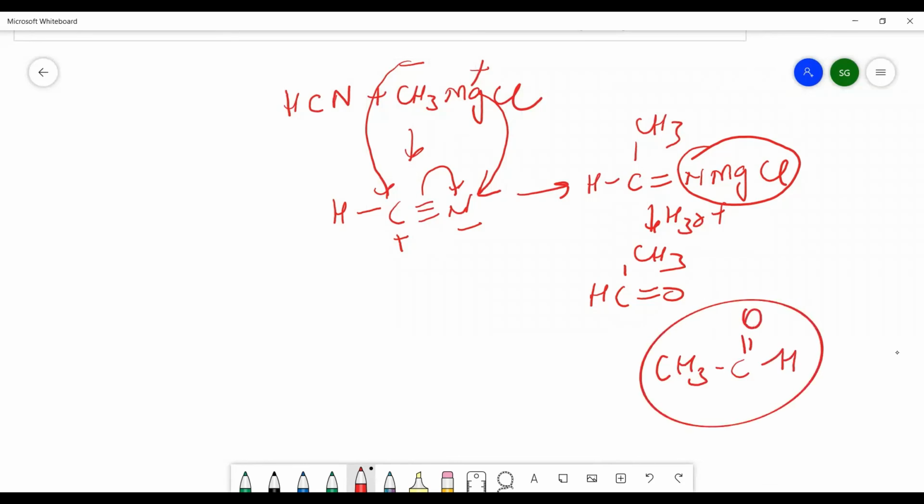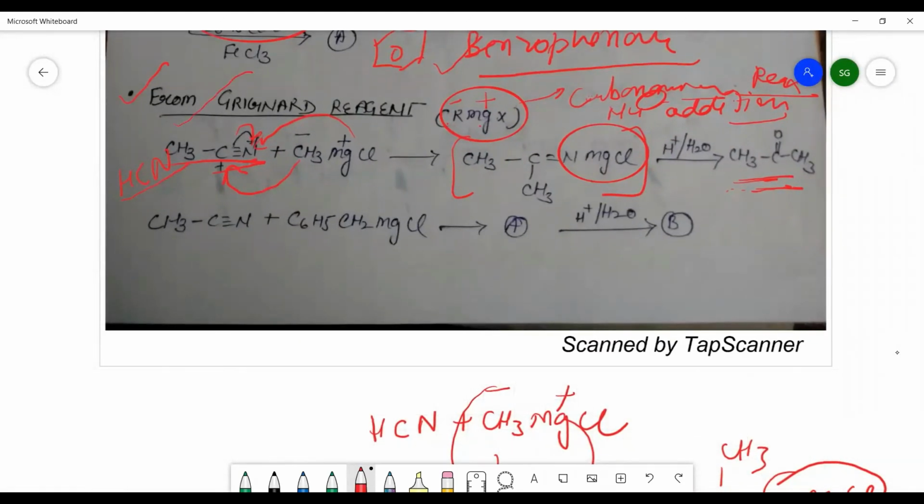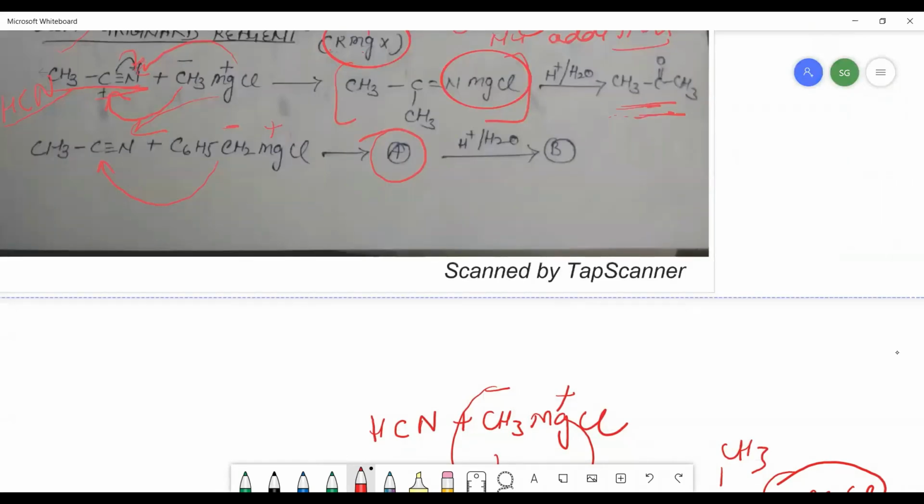So this kind of the product you can get after the reaction with Grignard reagent, and Grignard reagent is used for stepping up the reaction. It will increase the number of carbon atom. So here you can easily see this is negatively charged, positively charged. This will attack on the nitrogen atom, and there is a formation of an intermediate like this, and after the hydrolysis you can match the compound. The compound formed will be, जो compound यहाँ पर बनेगा, you will see the compound formed will be CH3, C, फिर double bond O, then CH2, C6H5. इस तरीके का compound इसके अंदर बन जाएगा.